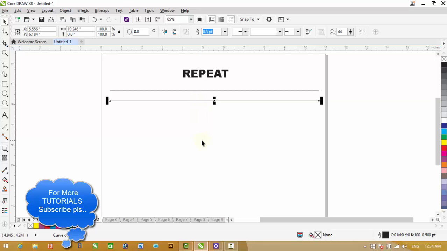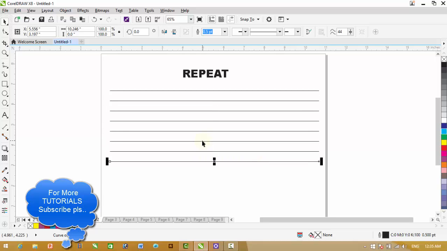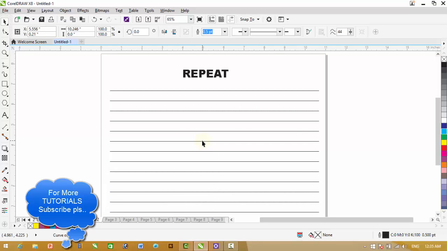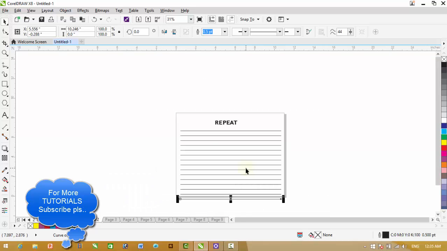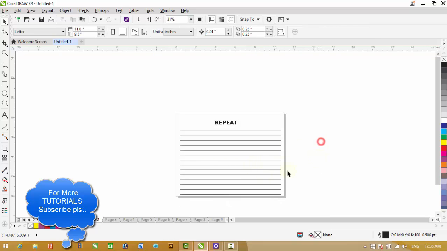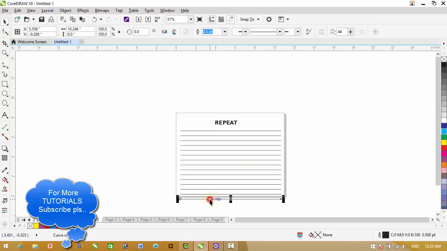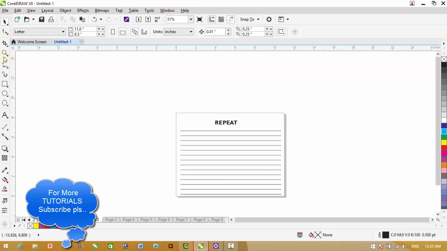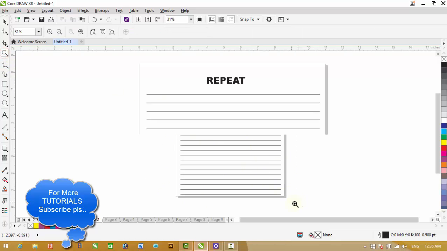We have duplicated this line, and now we can repeat this command again and again with the help of Control R. You can see that we have created these lines very easily.